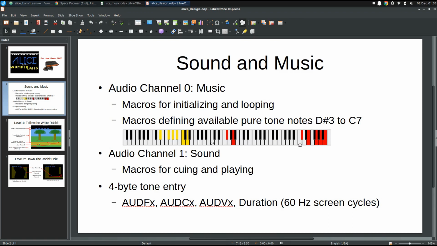You'll notice here on this keyboard I've got some red notes and some yellow notes. The yellow notes are available. You have something along the lines of those notes, but they are as noise and not as pure tones. And then the red notes, there are no available tones of any sort anywhere near those notes. And even the ones where I do have these notes available, the black or white keys, they're not exactly exact. They're a little different because of the way the 2600 sound hardware works,